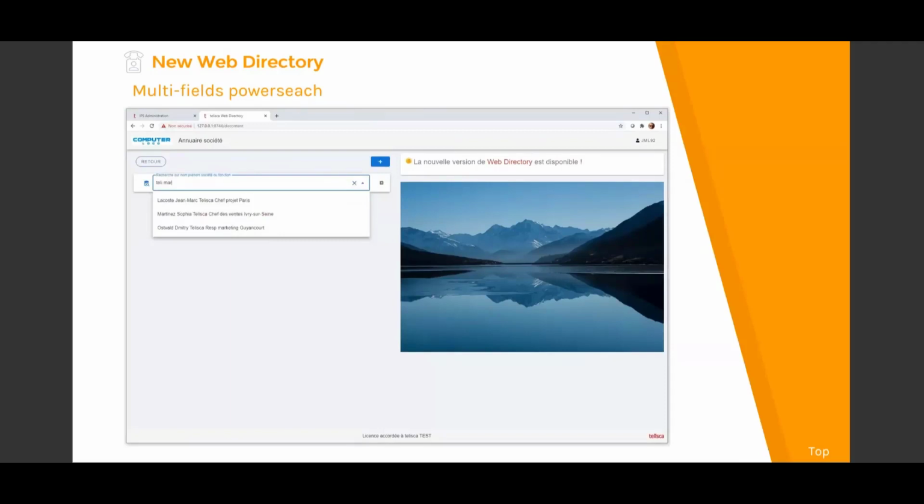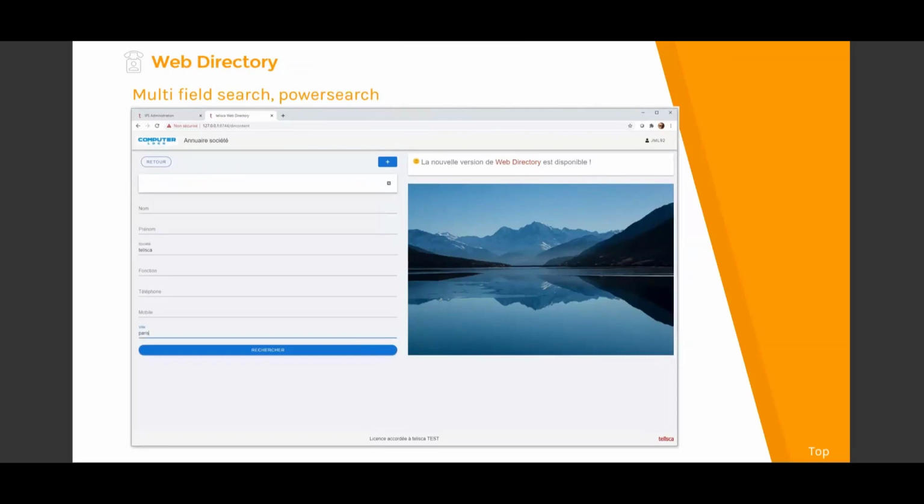By default, the search is a unique search field, and you can input several keywords, and it searches in the defined columns. Here, for example, it's searching in French on name, first name, company, and job title. So here, for example, we have input Teli, so it's selecting the contacts from company Teliska, and we have input MAR, so it has found Jean-Marc, so the second word contains Mar, and Martinez, that's the first word in Martinez, and marketing. That's why these 3 contacts are selected here.